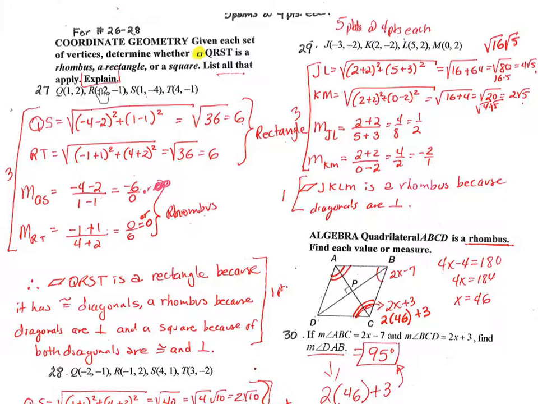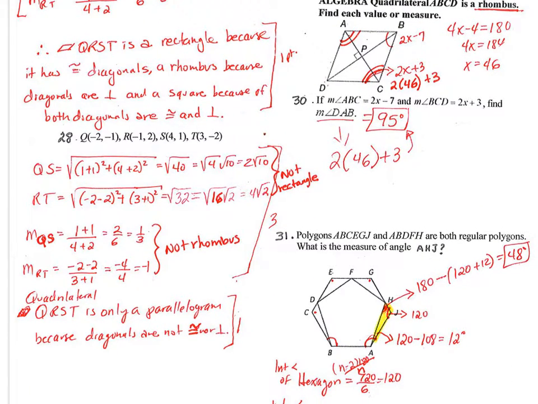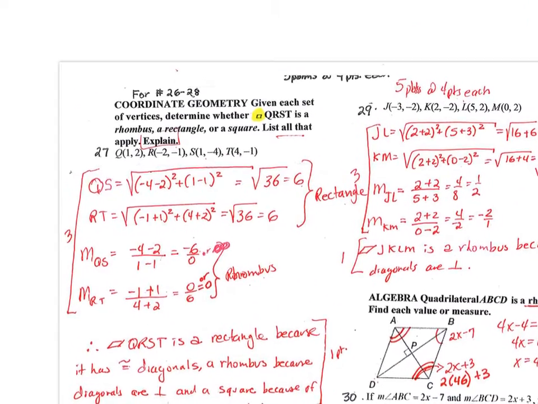So one problem could be that it's only one, like a rhombus, number 29. You could have a problem that has all of them, all three apply, or like number 28, that is none of them. Okay, so any of those three cases could be on the test, and you only have two problems, okay, like this. So number 27,